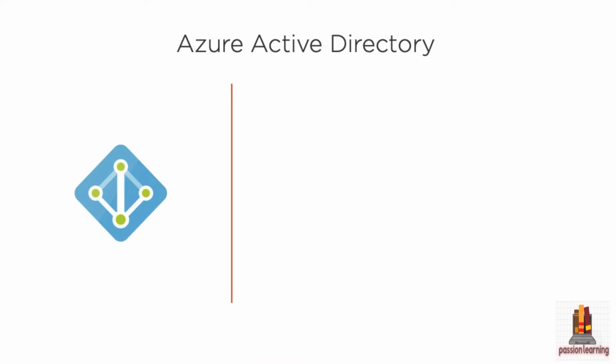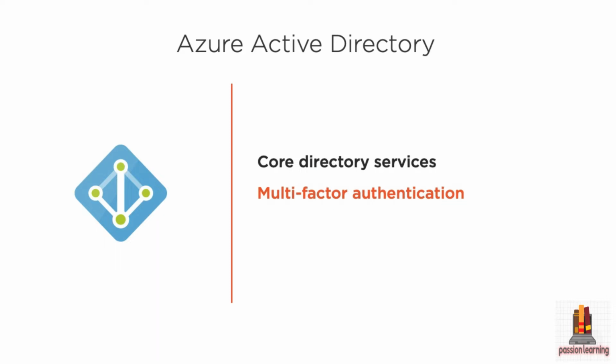Now, it probably won't be a big surprise if you've done any work around Microsoft in the past that Active Directory is a large part of the identity story in Azure. We have Azure Active Directory as a very specific implementation for the cloud. It provides your core directory services, allowing you to manage all of your users and their identity information out there. It also supports more advanced authentication technologies like multi-factor authentication, allowing you to require that when your users authenticate, in addition to their username and password, they may need to prove that they have access to a particular hardware device. A common example is having your phone and using an authentication app or text messaging with a code as an